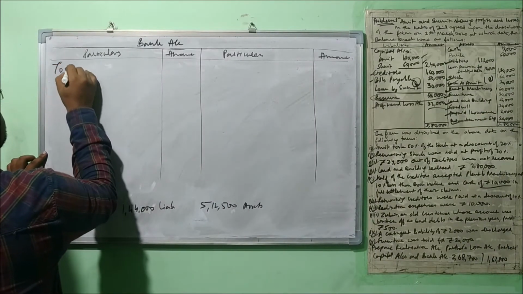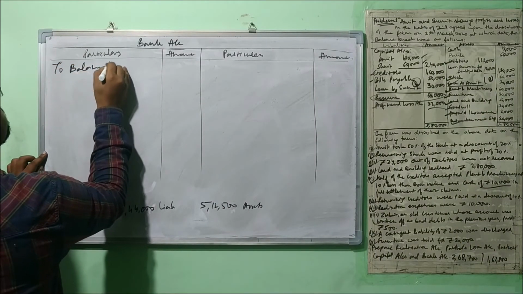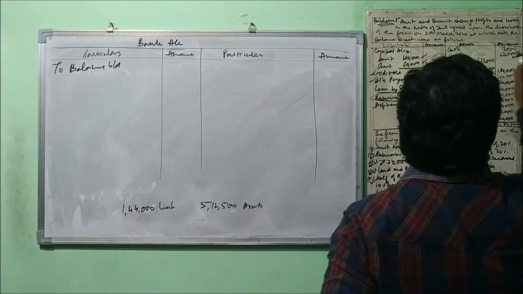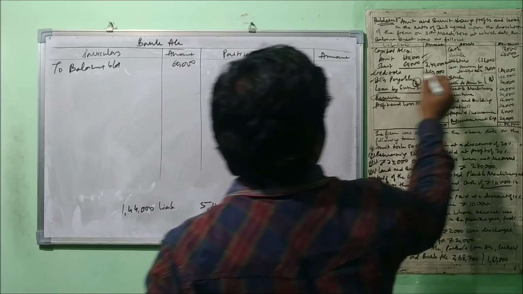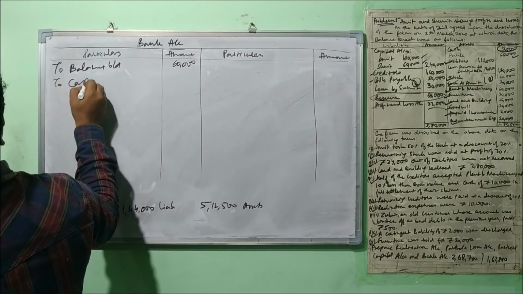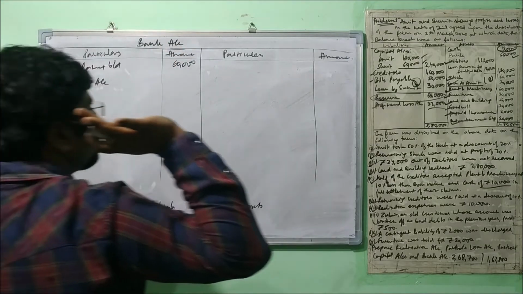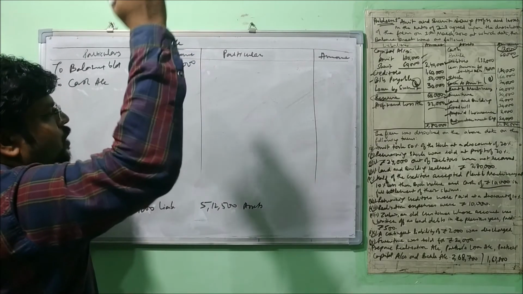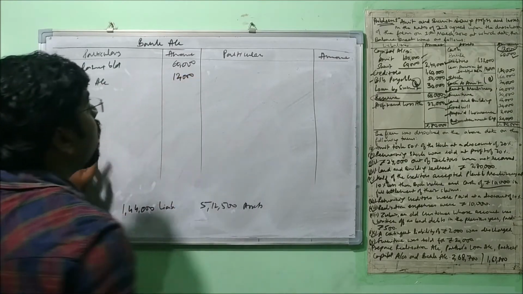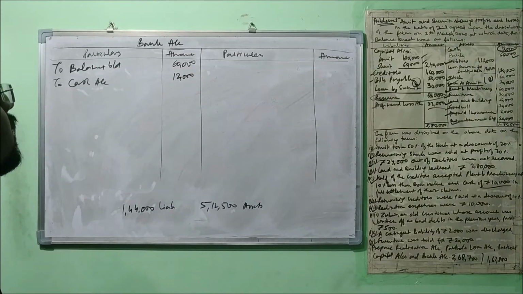Very first, the balance brought down. The amount of bank balance is 60,000. Now this cash money will also be transferred here to the cash account. In the previous video I explained that one entry will be passed here, bank account debit to cash. So it will also be placed here. Now be cautious about the preparation of the bank account, because here you will have to follow the sequence